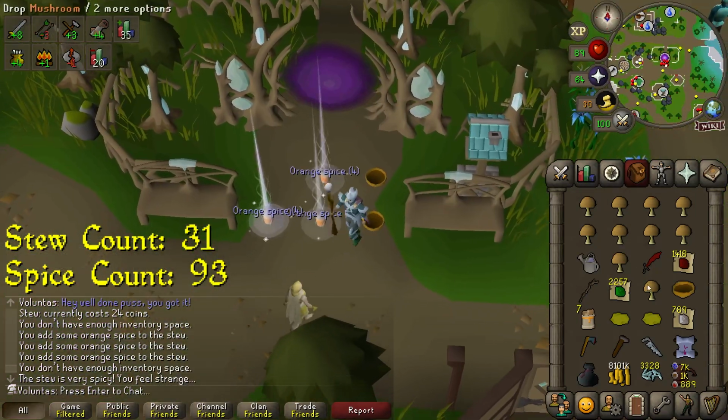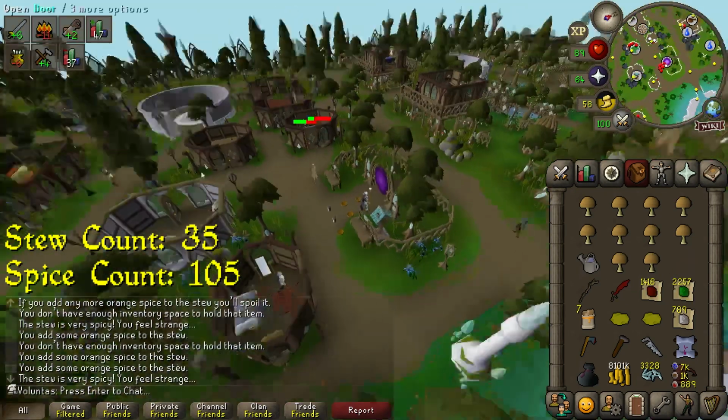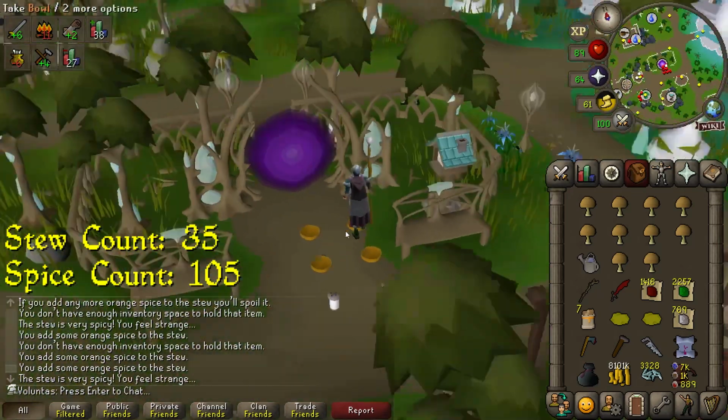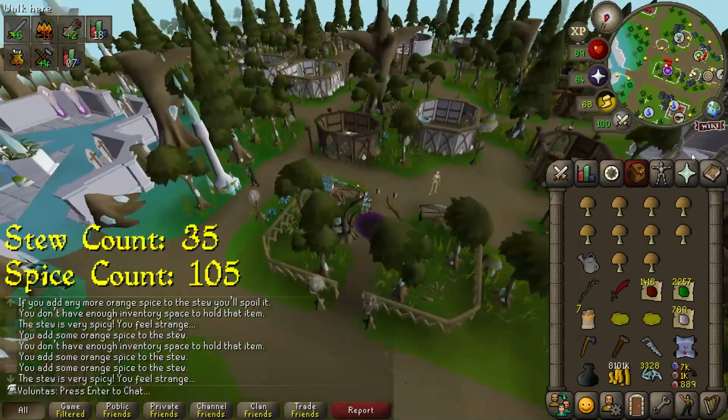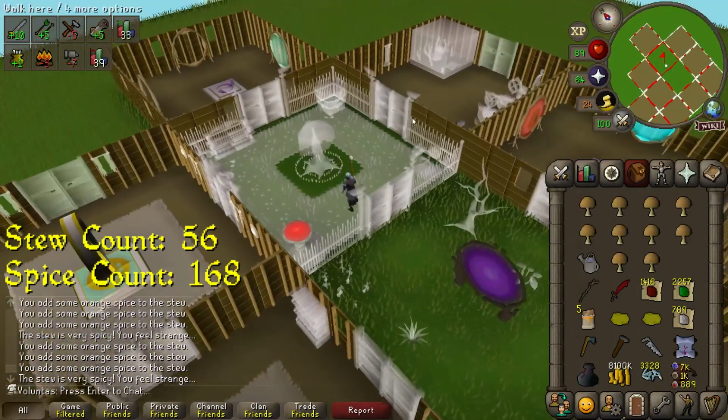Well, I can try boosting here. Oh, I hope it doesn't take as long as it just took. Well, I built the stash unit, so whenever I make my bow of Ferdinand, I can store it there, but now I have to get more stew boosts. Oh, I got it. Build